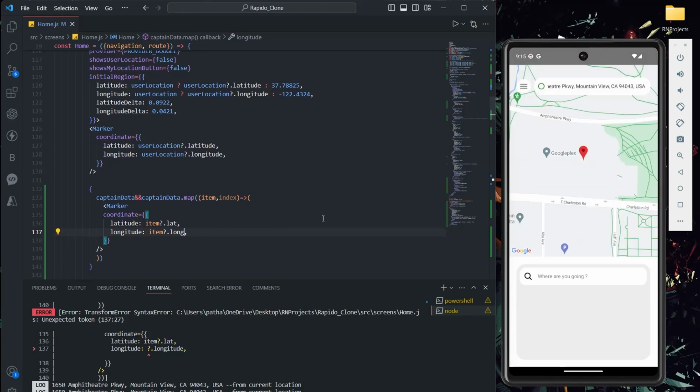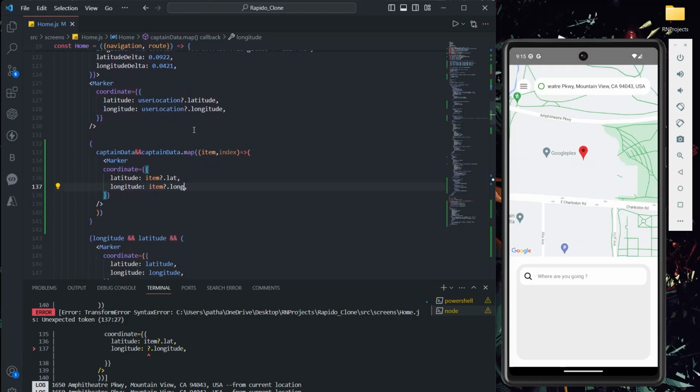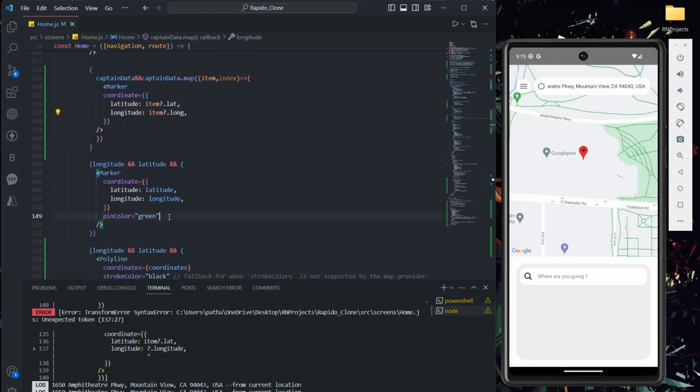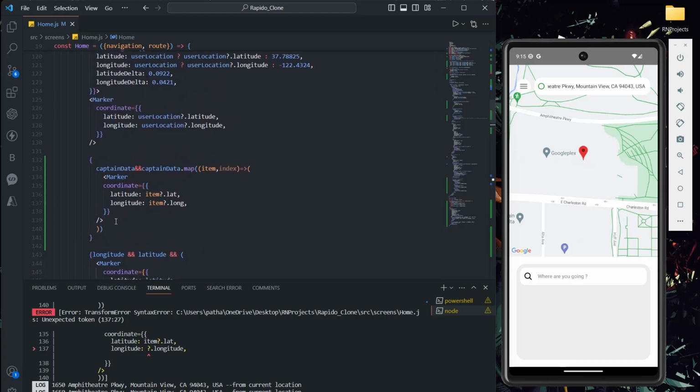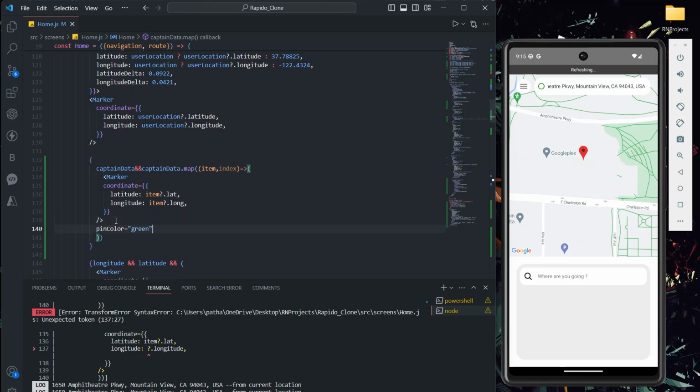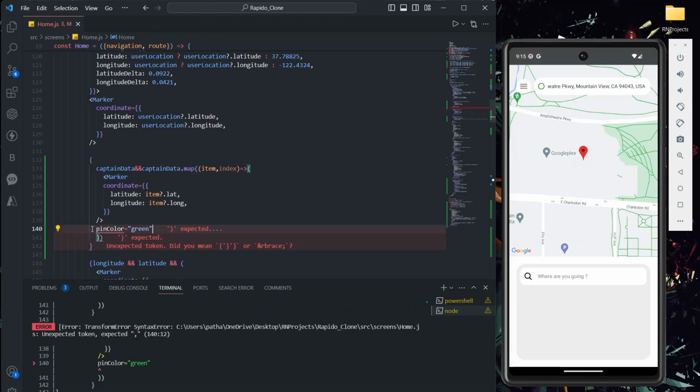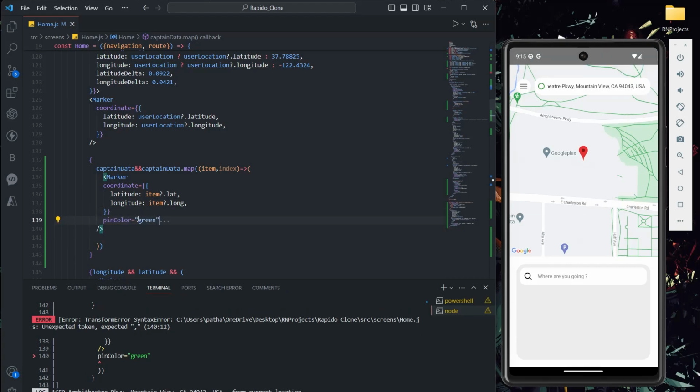That's it. And I'll show the color as yellow, okay? For differentiation, particularly for the captain, in fact I have to paste it inside this closing tag, okay?